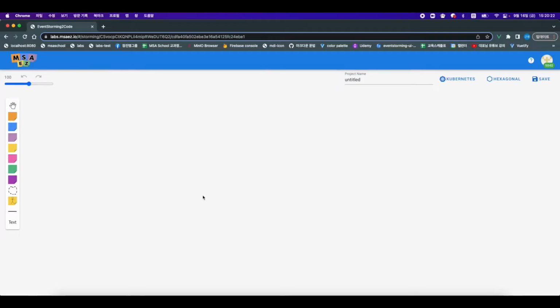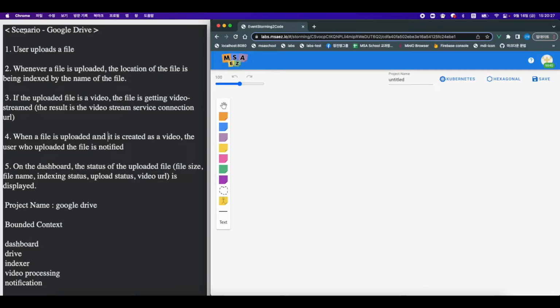So first, let's make some bounded context over here. So let's take a look at the scenario. Scenario number one, a user uploads a file, and then whenever a file is uploaded, the location of the file is being indexed by the name of the file. And third, if the uploaded file is a video, the file is getting video streamed, which means it will bring